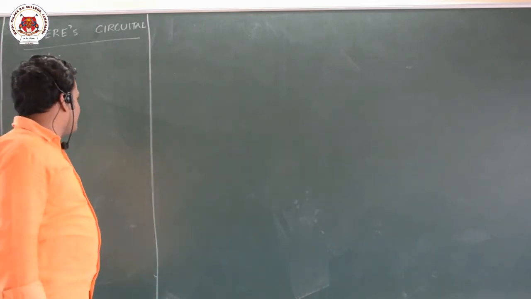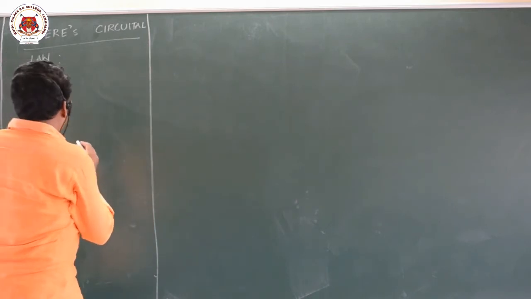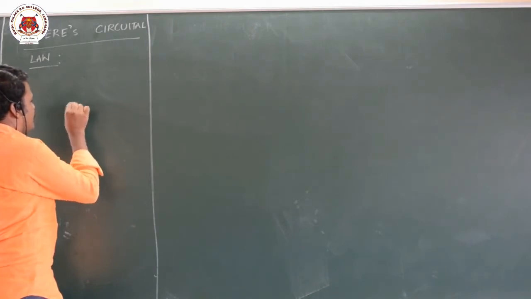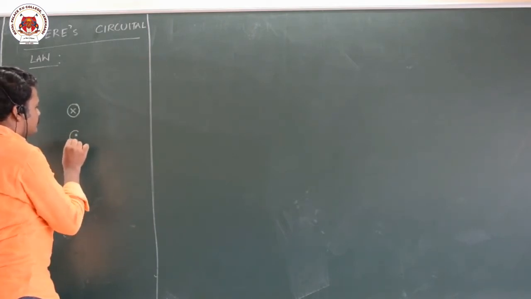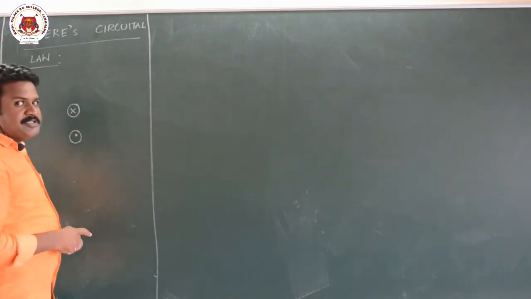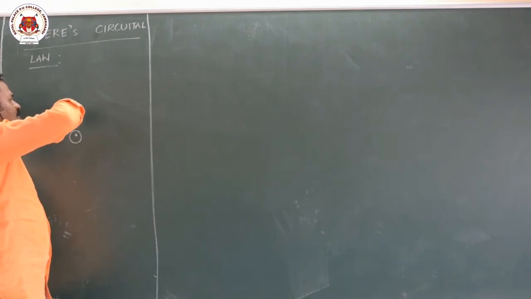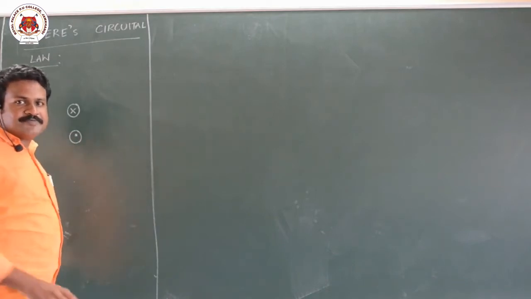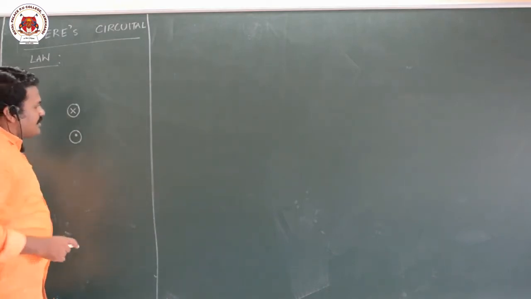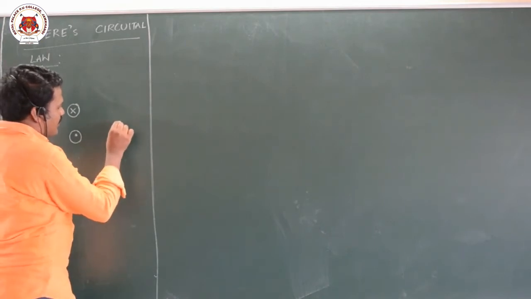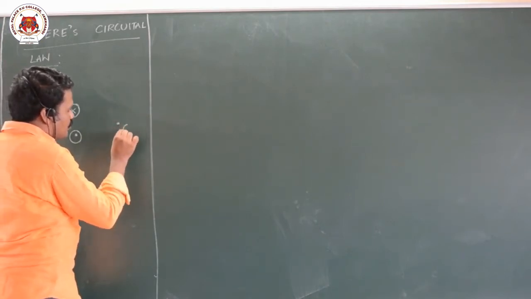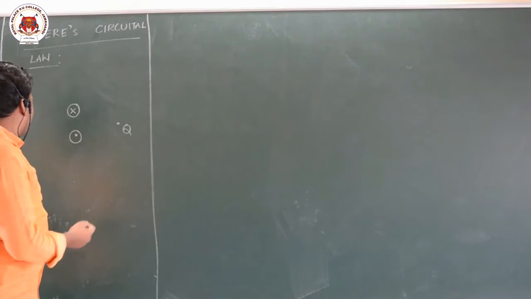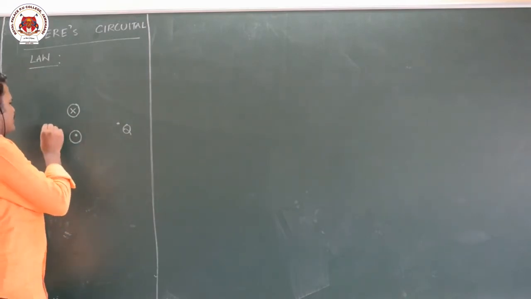What happens in Ampere's circuital law is, let us consider there is a wire which is present perpendicular to the plane of the board. Two wires are there like this. This is wire 1, current is entering into this wire, and this is wire 2, current is coming out towards you. I want to find the magnetic field at a point Q from these two wires, or many wires. Instead of 2 you can take 3 wires also, one more wire is there.